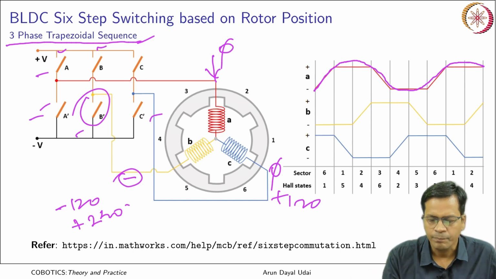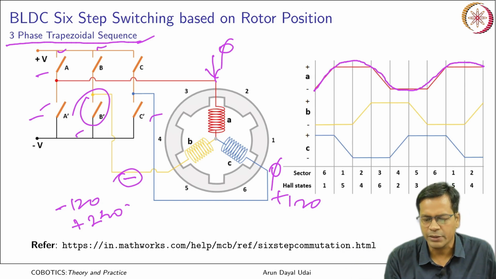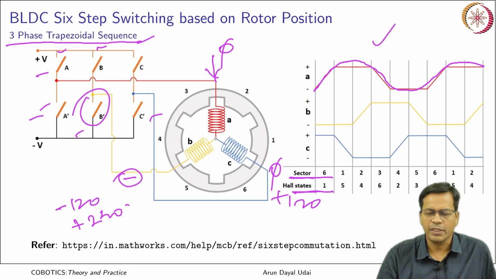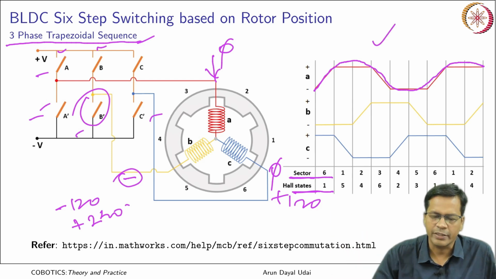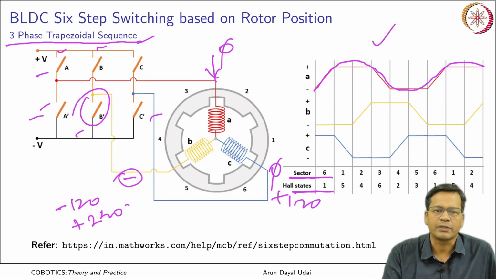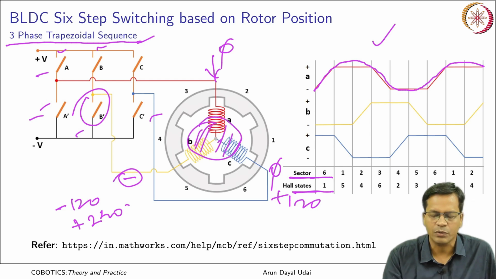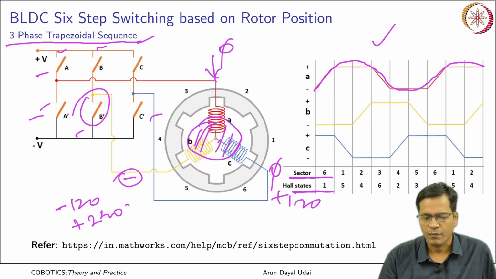Okay, so that is the closed loop kind of operation based on the Hall effect sensor. So depending on the Hall states, you switch on the sectors. Okay, so this gives rise to a rotating magnetic field. So this is how your rotor actually rotates. Okay, and the coil is actually stationary. Coil remains stationary. This is not rotating. This is fixed to the body of the motor. Okay.